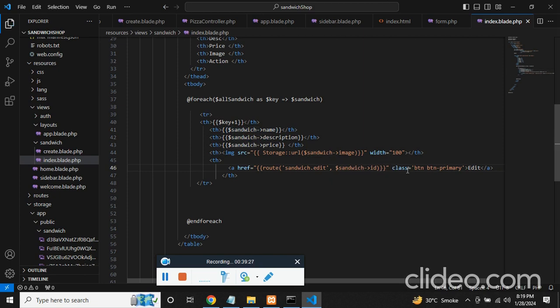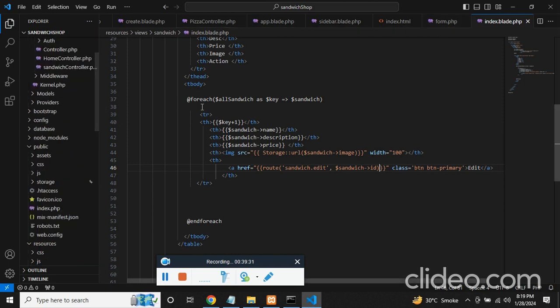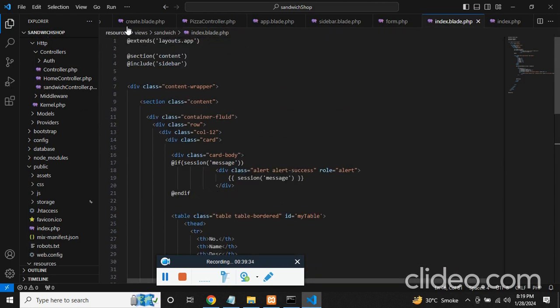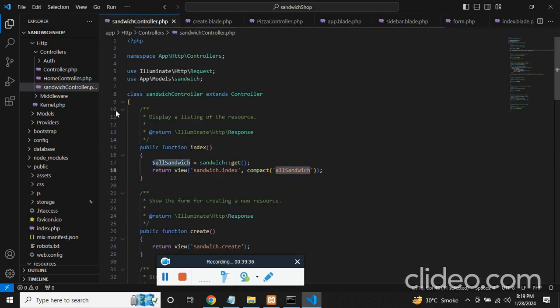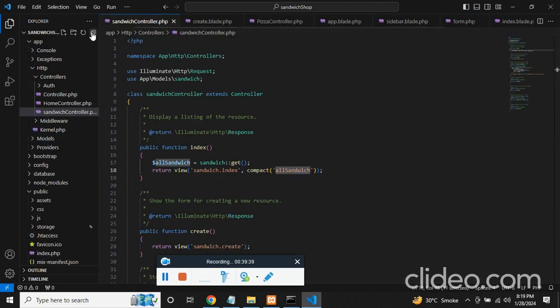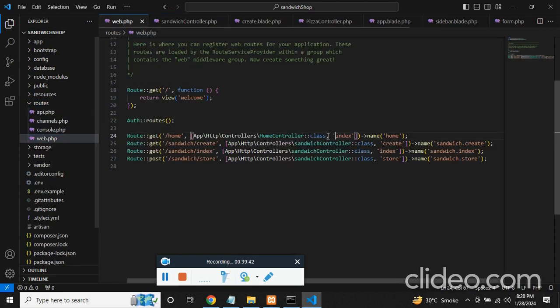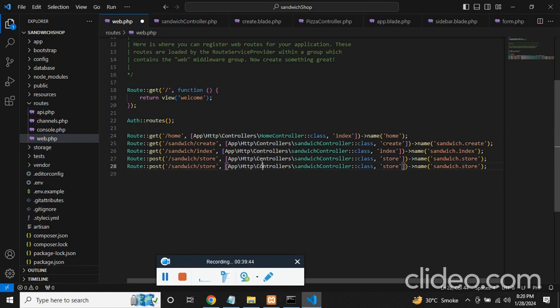Cool. Now in the web.php let's create the edit. Here we will be accepting the ID, so